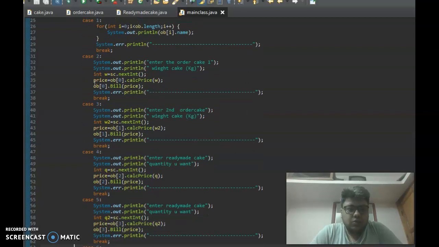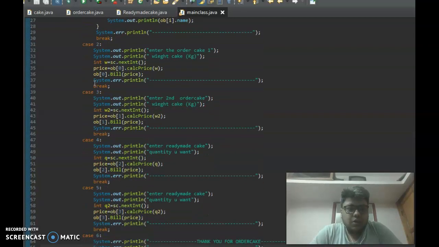And case 2: System.out.println enter the order cake 1 or 2 and the weight of the cake, you enter how much weight you want, and it will read int w is equal to scanner's nextInt, and object of 0 calculates the price from the weight and rate, and it will print the bill, the same as for all.